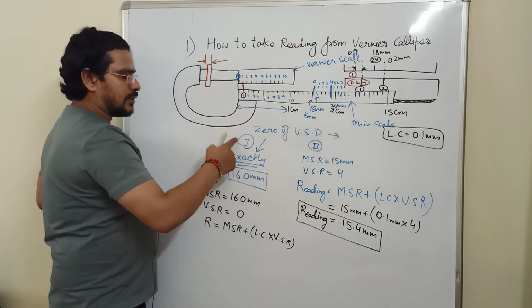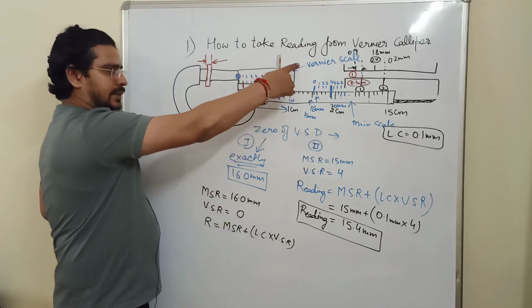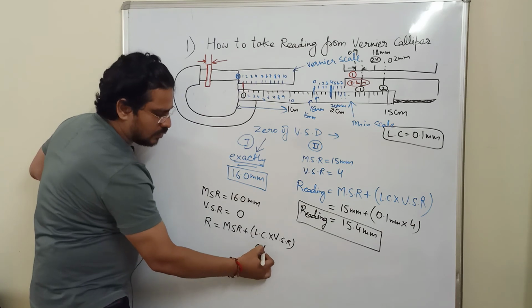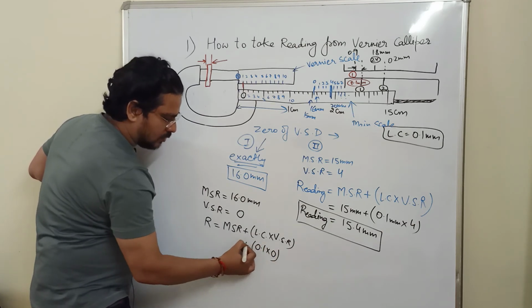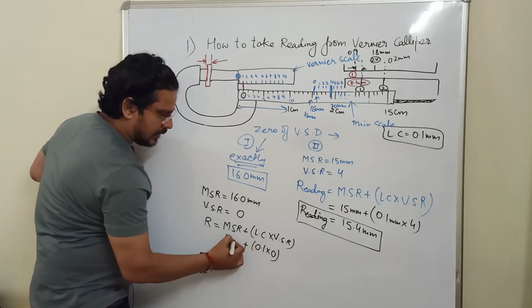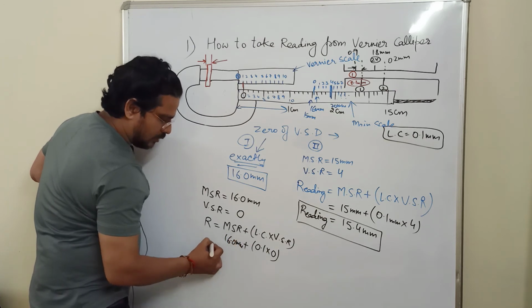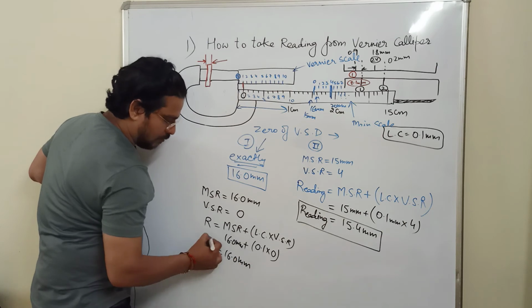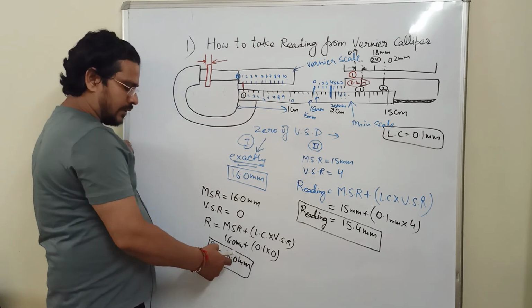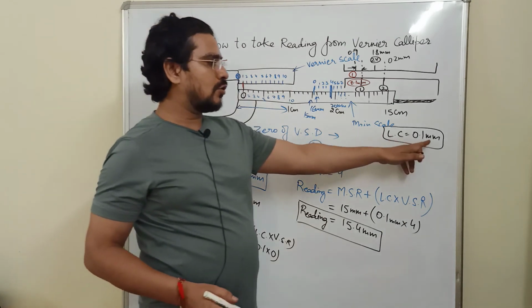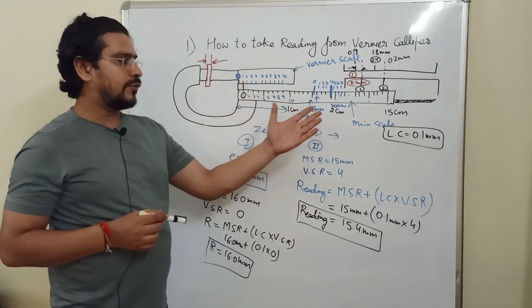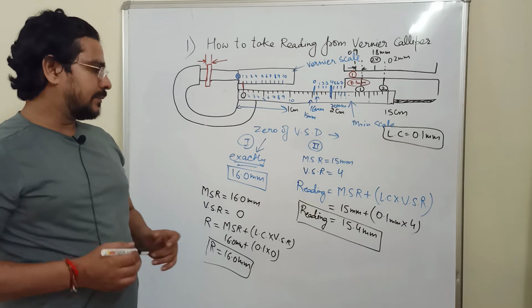In this case, when your 0 of vernier is matching exactly with the main scale reading, your VSR is 0, so 0.1 into 0 is going to be 0, and you will be left with your main scale reading only. So your reading is going to be 16.0 mm, only one decimal place, no more, because this device has a least count of 0.1 mm. We can find the length up to an accuracy of 1/10 of a millimeter.